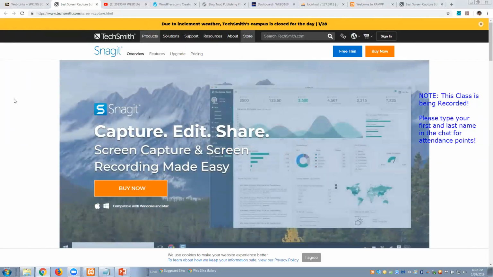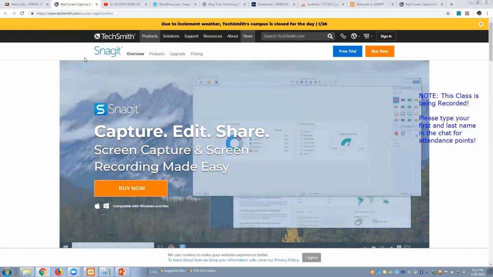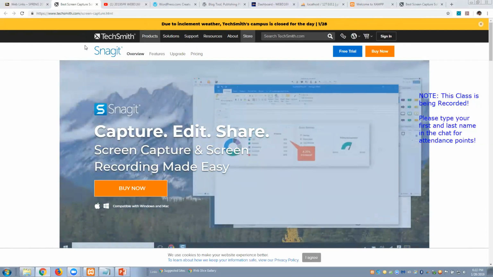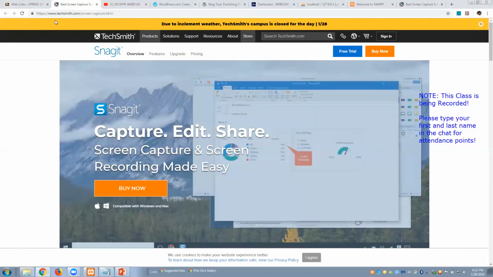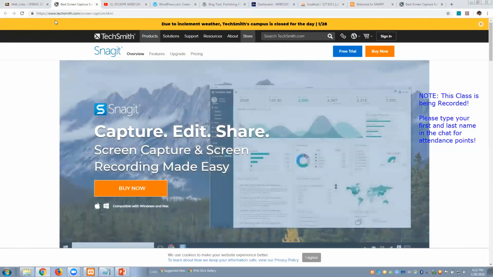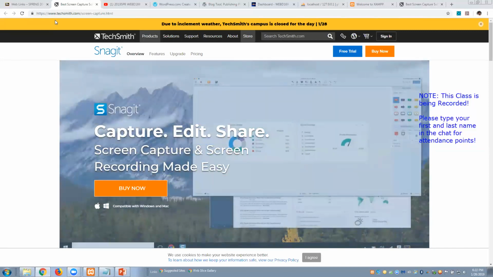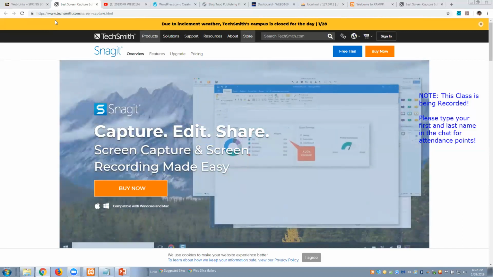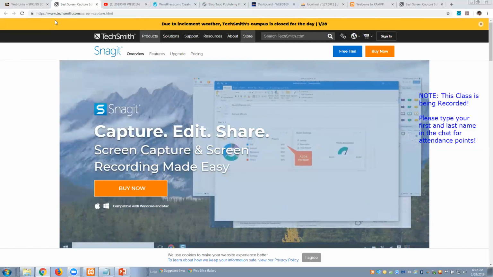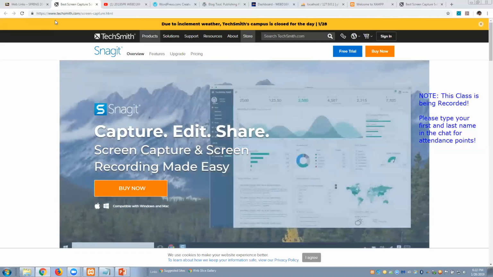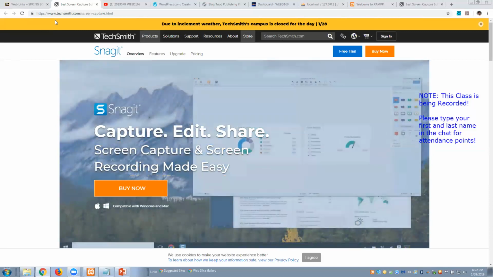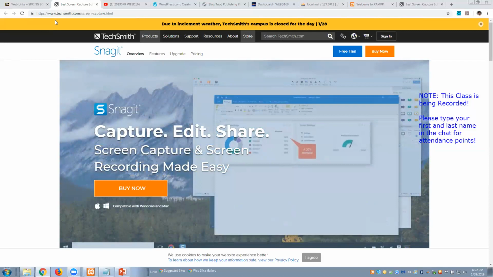Well, there used to be a product called Jing. And I think they may be forcing you to use Snagit instead. But you will need some kind of screen capture program. What'll happen is if you end up capturing some of the items that you have, you could share your screen with me, which is a lot easier than saying that thingy on the right looks funny. If you can give me a screen capture of what you're looking at, then I can actually apply it and answer your questions.